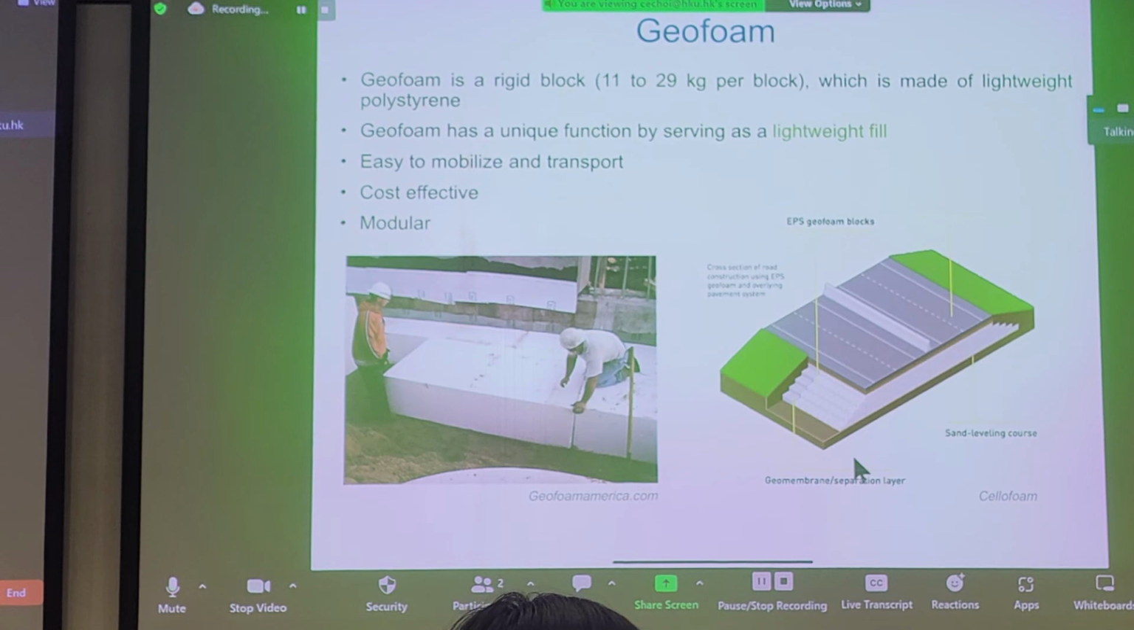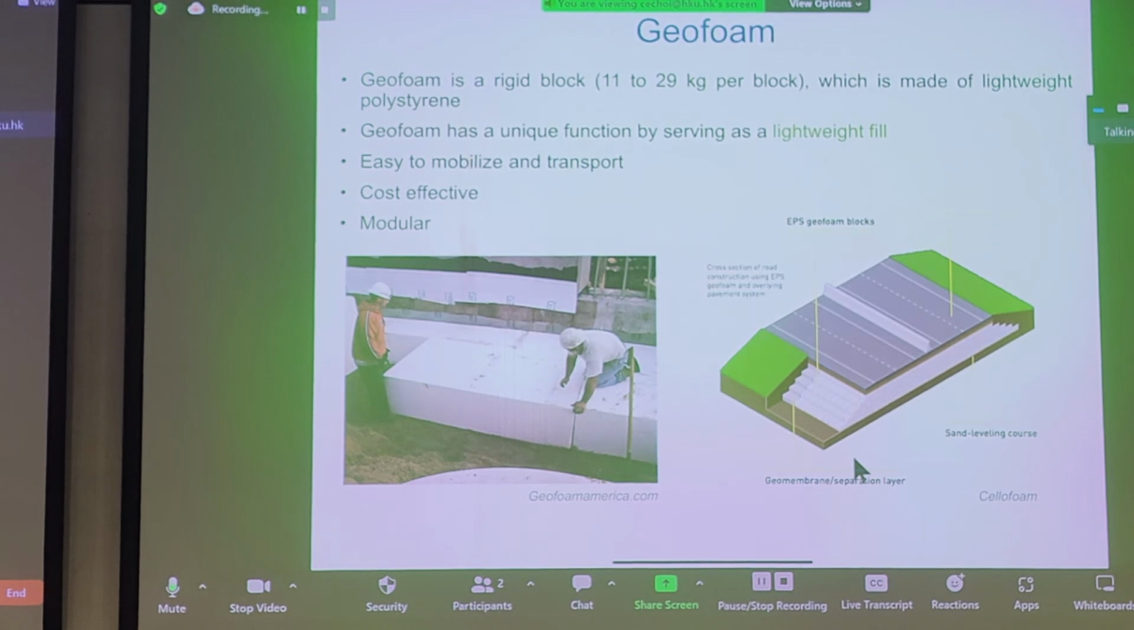Geofoam, as the word implies, is just a block of foam that you take if you buy a computer monitor. It's inside the box, except this is a very large piece of foam block. It's lightweight and it can be used as a fill material. In the US, geofoam has been used to stabilize embankments for highways. Perhaps the only problem is